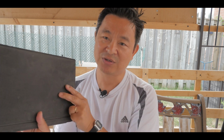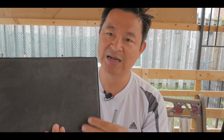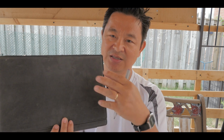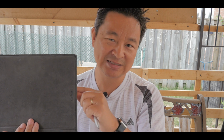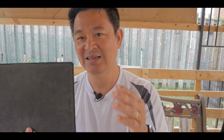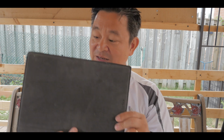In terms of the power that this tablet has, I purchased it for less than $200, so it's an i5 4th generation, 4 gig RAM, 128 gig storage internally. It also has a micro SD slot, so you can put in more storage, which is great. I think the 128 gig drive is an SSD built in, and with the optional external micro SD, it's good enough for this laptop, especially when you're using it for school, or if you're a writer, there's more than enough memory for that. You can also use it to surf the web, watch YouTube videos, and in fact this